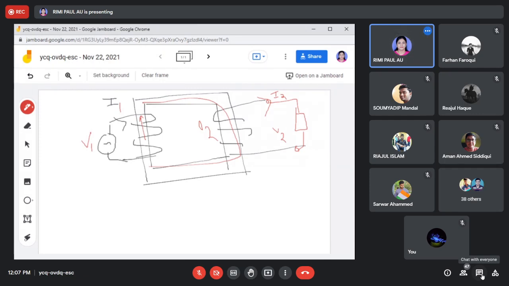Another concept is that we are getting V1, I1, one voltage and one current, and another voltage and another current. So four parameters or four variables, whatever you say, in terms of two-port network we'll call them parameters. So we are getting four parameters, right? These four parameters come from two ports.